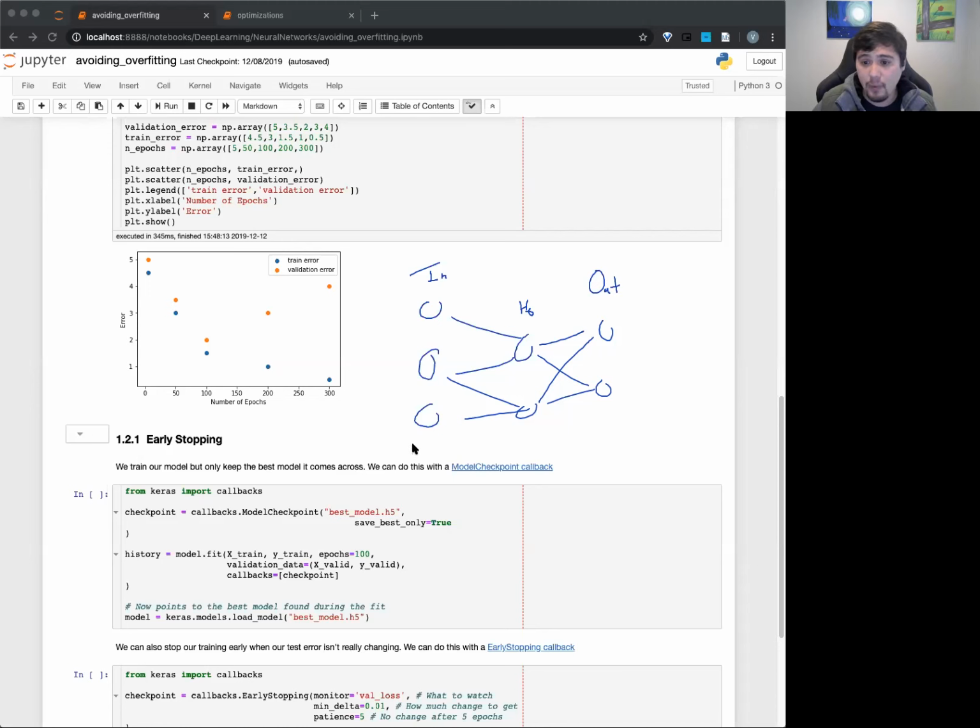So what we normally would do, the way we train it, is we take this training data and feed it forward, right? These weights already have some numbers. We feed it forward, and we get some prediction. Then we compare our prediction with the true output. So we know what the output actually should be. It's like, okay, you got these wrong, or you weren't close. And then we back propagate, changing the weights, propagating all the way back to the beginning. And then we have trained our network to be a little bit better.